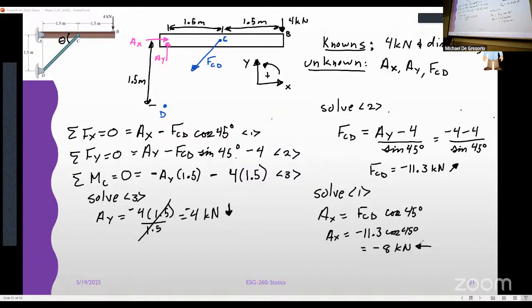Okay, so in this case, because it is in compression, that means that our force flipped. And because our force flipped and is now going up and to the right, to counteract that in the x direction, it needs to be pushing back into the wall. We're getting this force that wants to push back out, so we have to pull back in.